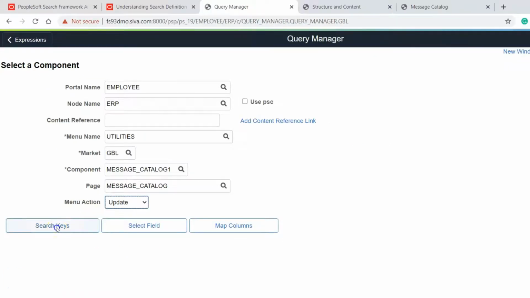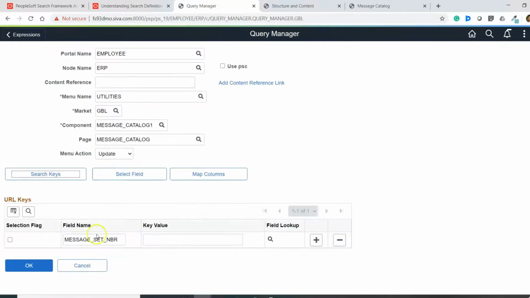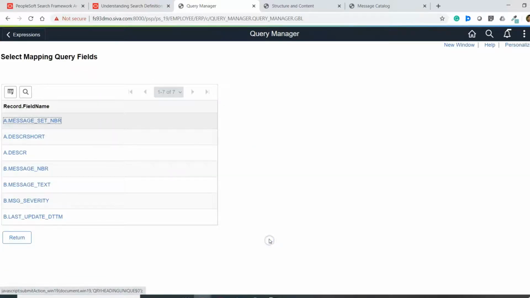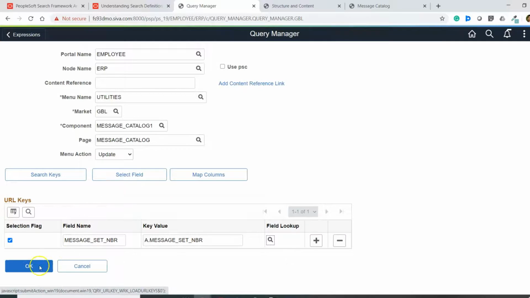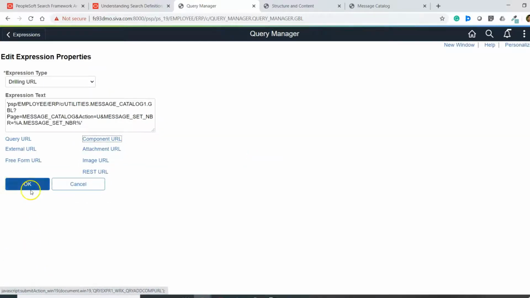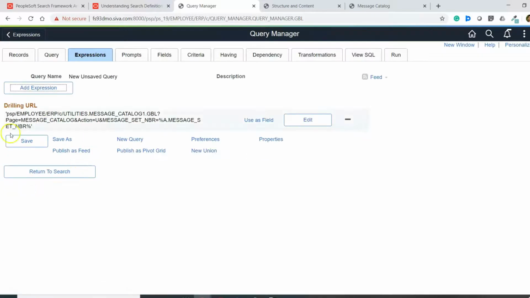I will click on search keys, check the selection flag, and dynamically populate the search key of our message catalog component with search query results. Click OK. Click OK. Our drilling URL is ready.